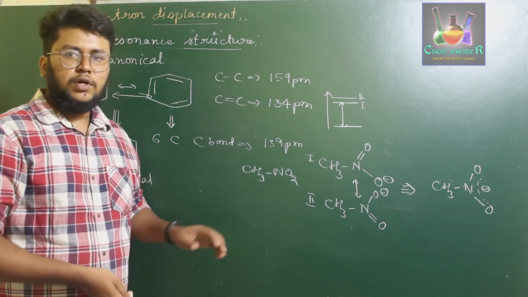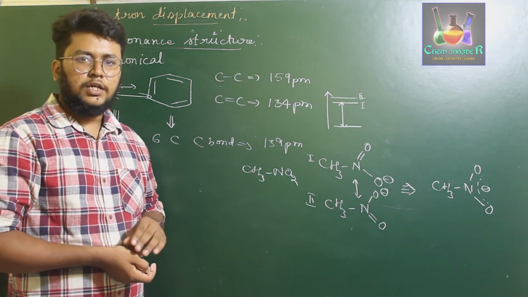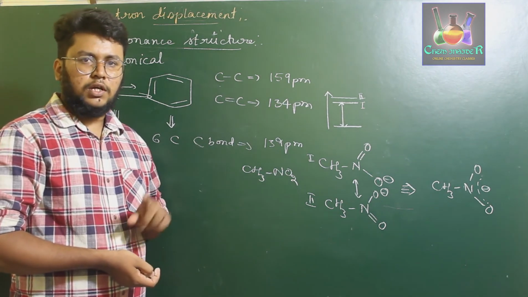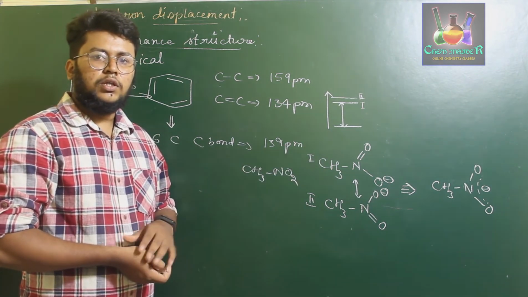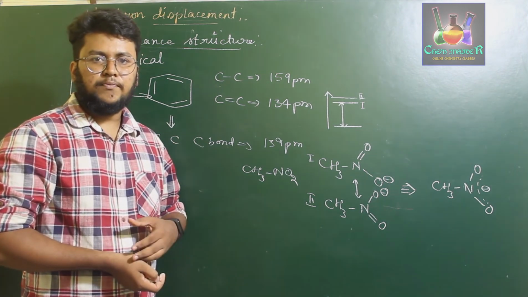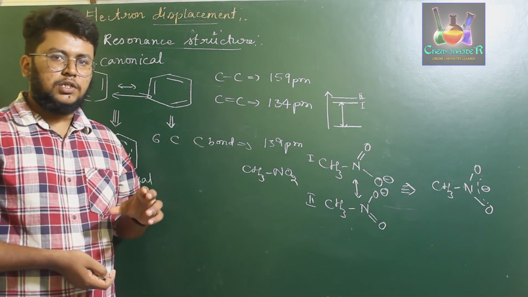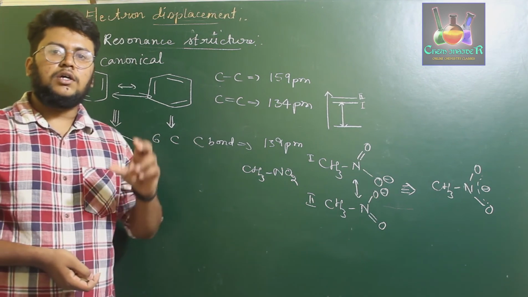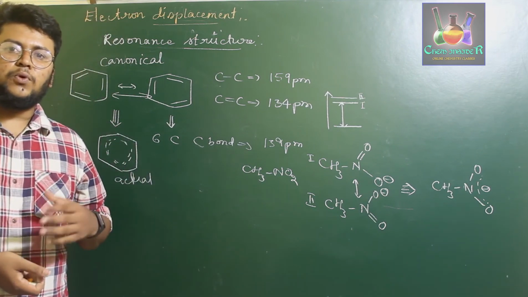So if you consider two resonance structures, one of them will have slightly lower energy. So the difference between the lowest energy of one of the resonance structures and the energy of the actual structure is called the resonance stabilization energy, which is also called resonance energy. Okay, so whenever you have a resonance structure with a particular energy, when you differentiate those energies from the actual structure, the one having the lower resonance energy difference is called the more stable one.